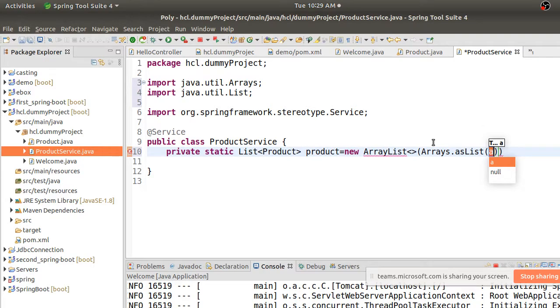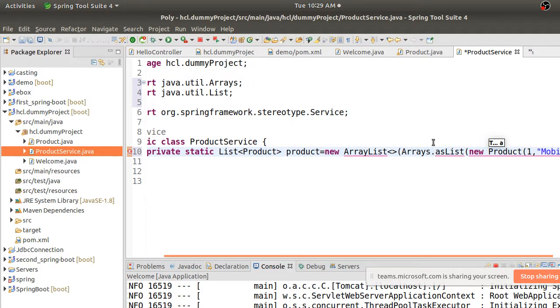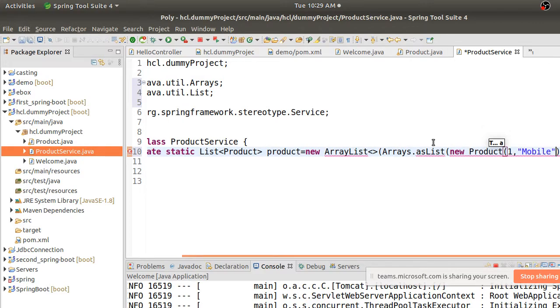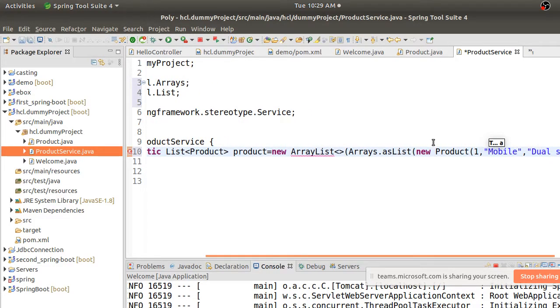This will have some objects, say new Product. Here I'll just hard code the data. One comma, product name is mobile, description is dual SIM.